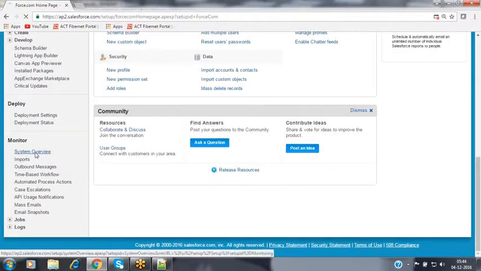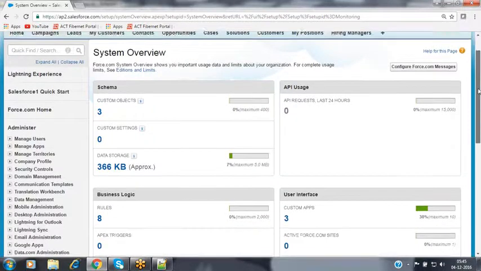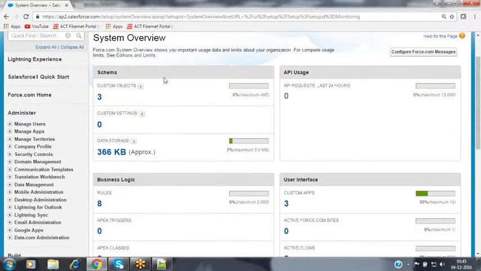When you click on system overview, it describes the various features offered by Salesforce to you, what the limitations are, how much you have utilized as of now, and how many things remain. We can cross-check everything in one place. So at that time, you can go to the system overview.